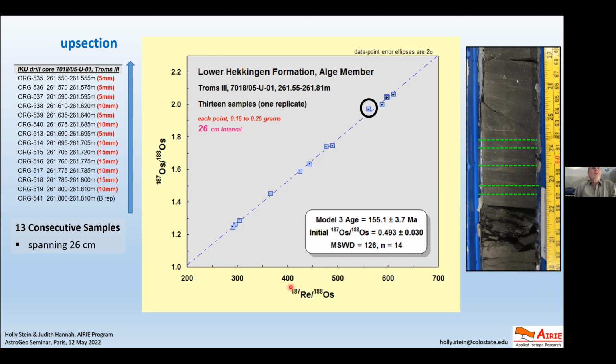Obviously, these uncertainties are optimistic because the line doesn't go through the ellipse of uncertainty. No, and here you can see two different shapes for the uncertainty. If you blew this up, you would see these are ellipses. They're ellipses because there's an error correlation, because 187 osmium is in both the X and Y.